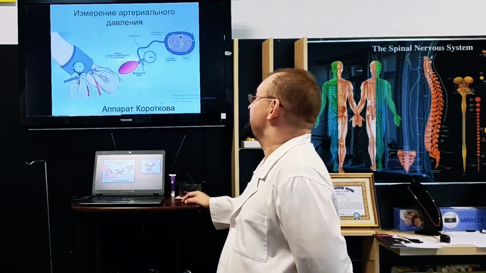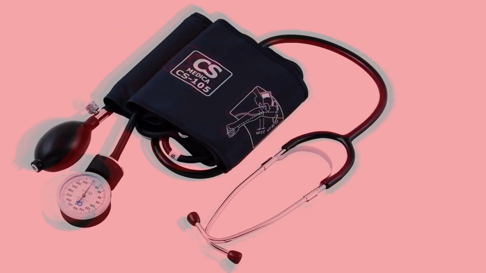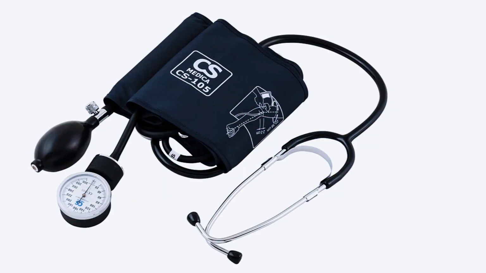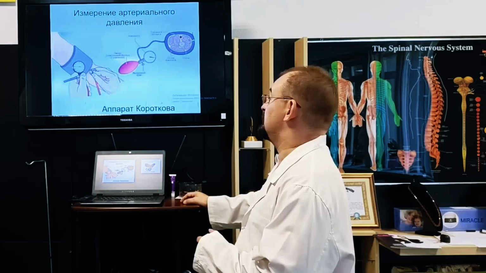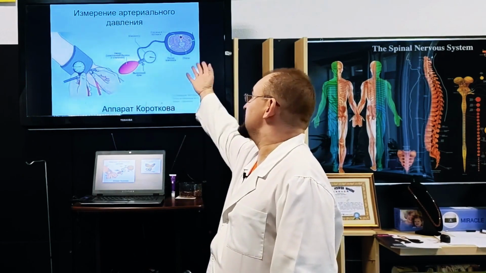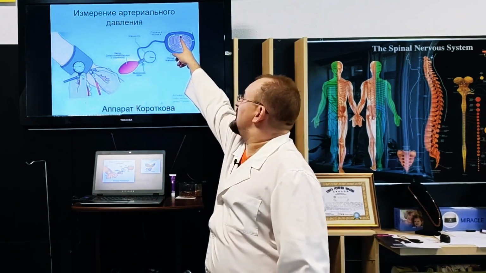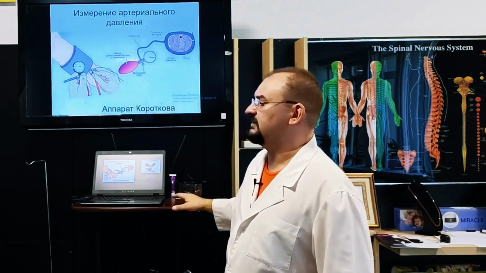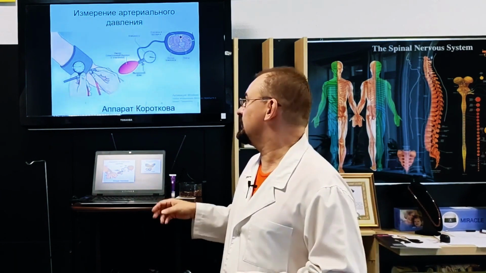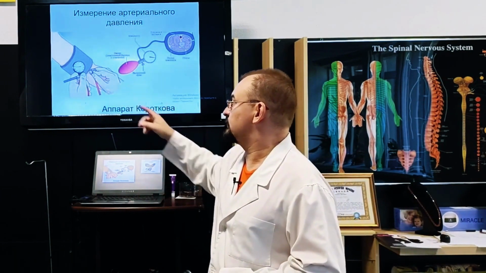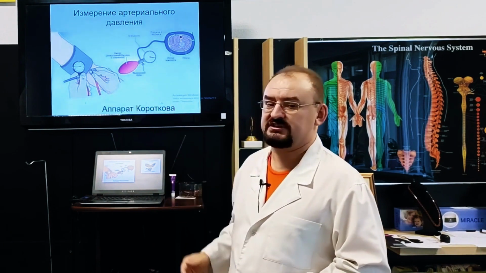And now we use a device to measure blood pressure. It's called the Korotkov apparatus. Well, the Korotkov apparatus is essentially the same, except here we pump air into the cuff, which compresses the brachial artery, and blood stops flowing into the arm. Of course, there's ischemia in the arm, but we're not going to measure blood pressure for a long period of time. It's not dangerous if the arm goes without blood for a minute. At the same time, I place the stethoscope on the elbow crease and slowly begin to release the pressure.